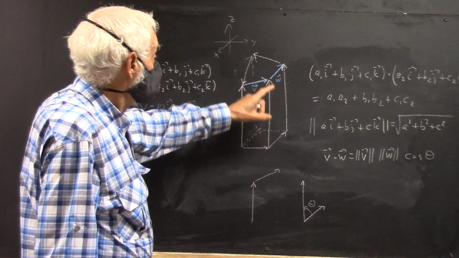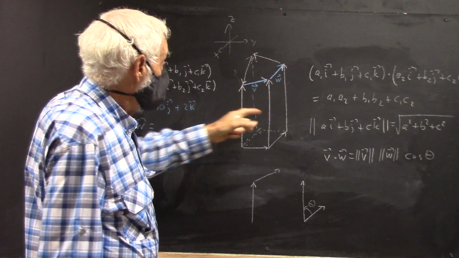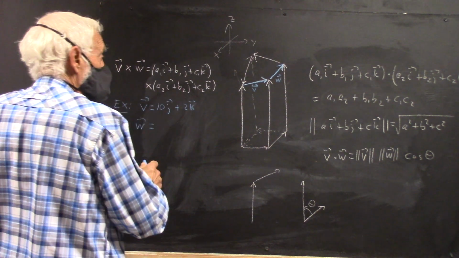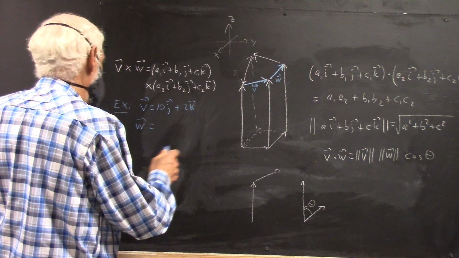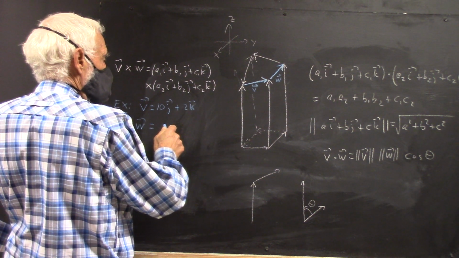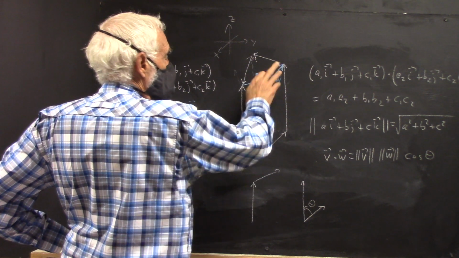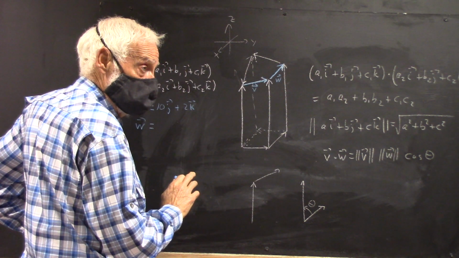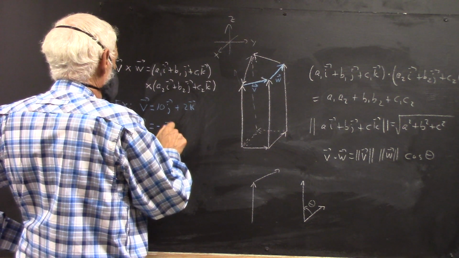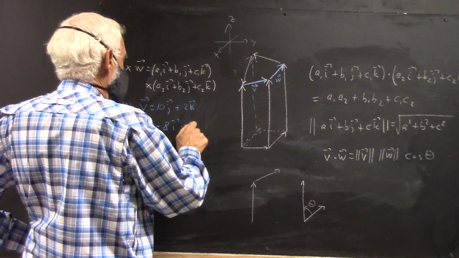So w is going to have a positive k component and a negative j component, okay? So that's going to be, let's say, now, okay, the w vector here has a negative x component, right? So that's going to be like negative 8i. Let's say it's plus